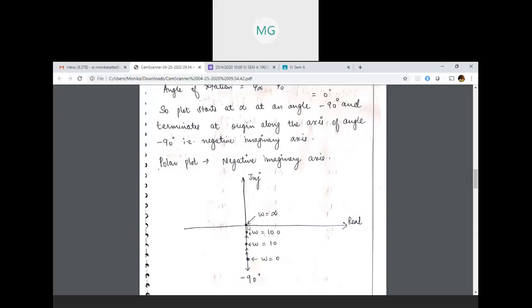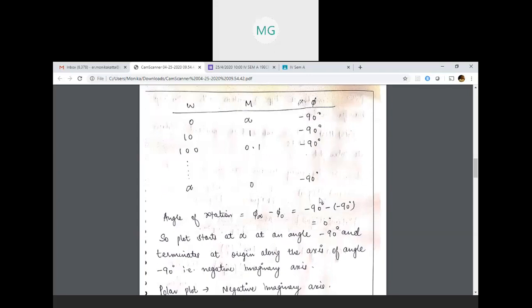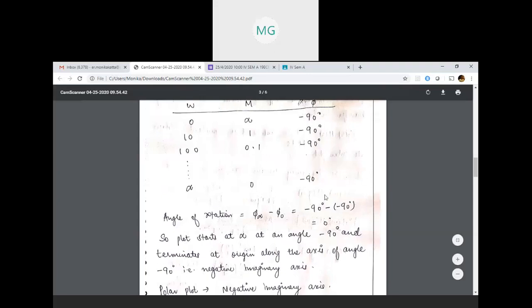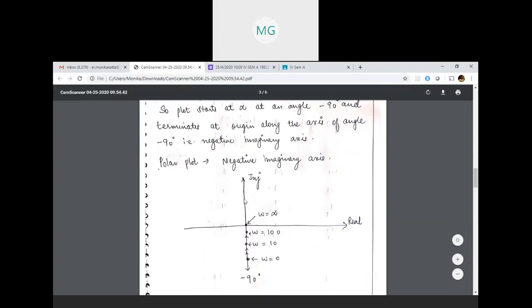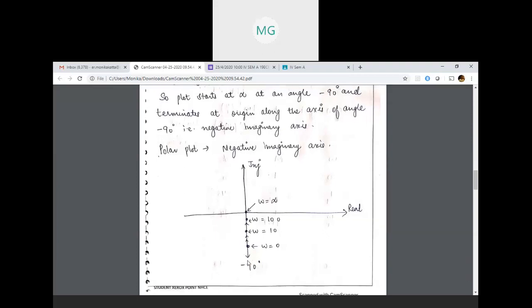I hope it is clear why we have chosen this axis. Because it is minus 90 degree, and you see that the angle remains constant for this particular question. It is minus 90 degree for all the cases. So all these points will come at minus 90 degree. And how will you identify minus 90 degree? It is just 90 degree and then the opposite direction of 90 degree. 180 degree opposite to 90 degree becomes minus 90 degree. I hope I am clear. Do you have any doubt till this point?